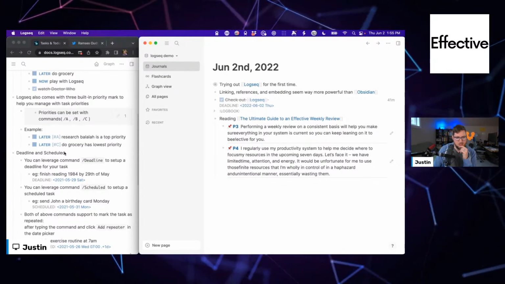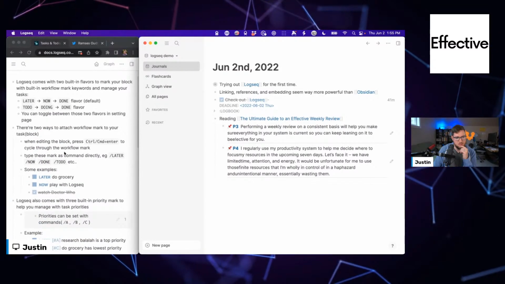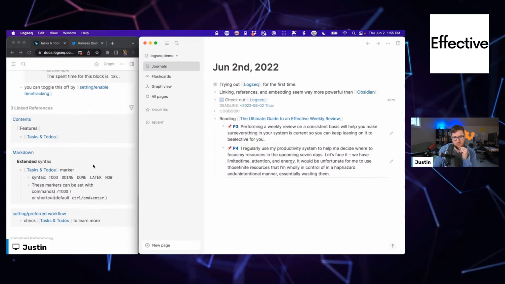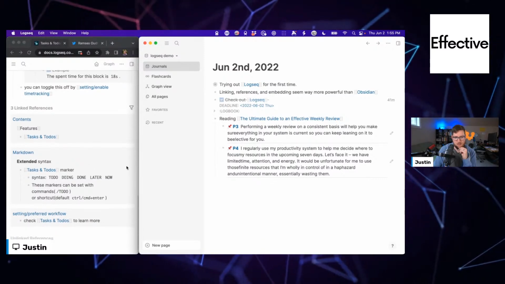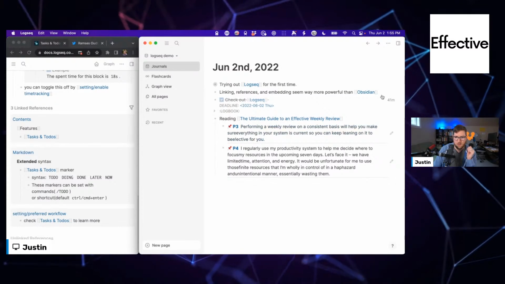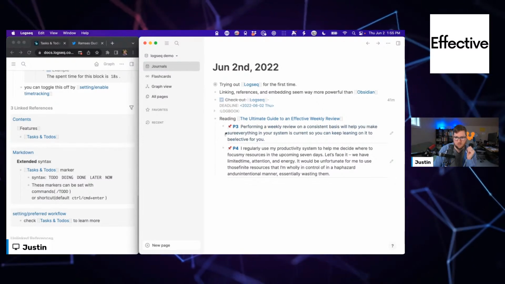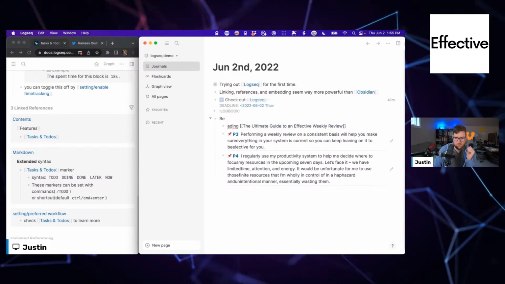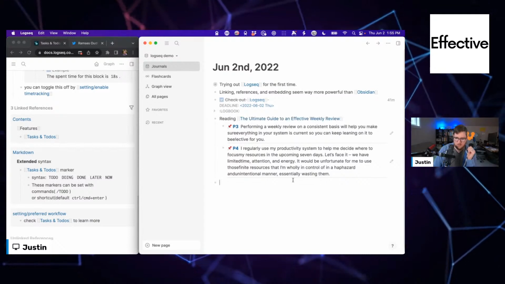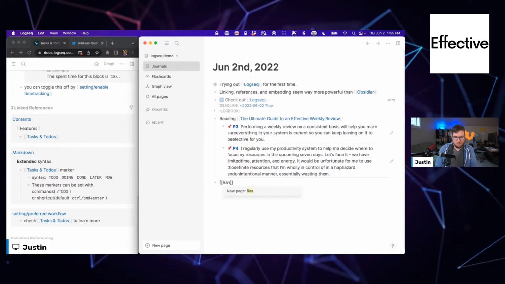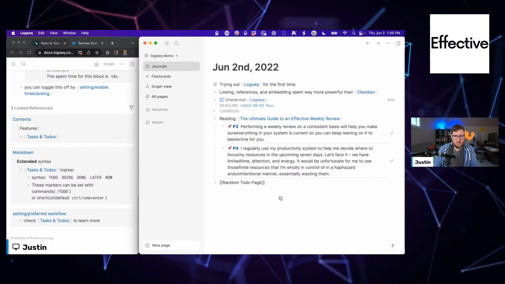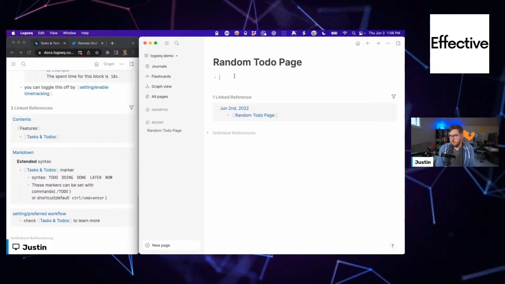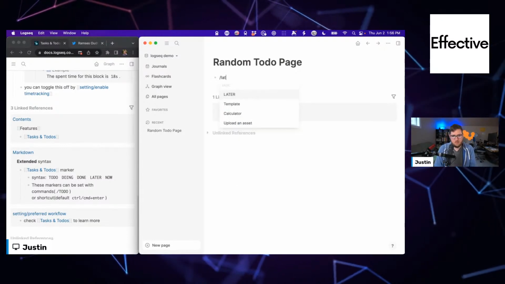I am interested in filtering to-dos, seeing how that works. I am just going to go create a random page. Not what I meant to do. And then to-do page. All right, we're going to do later.